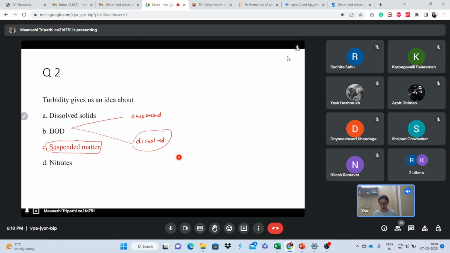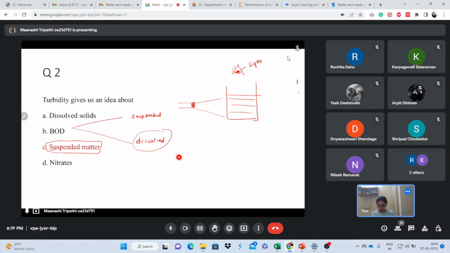How do we test the turbidity? We will just take a glass and fill it with the sample. We will put a light here, like a torch, then we will try to see the light from a 90-degree angle. This is the eyes. I have to write it because the drawing is not very good. So we will try to see it from 90 degrees.